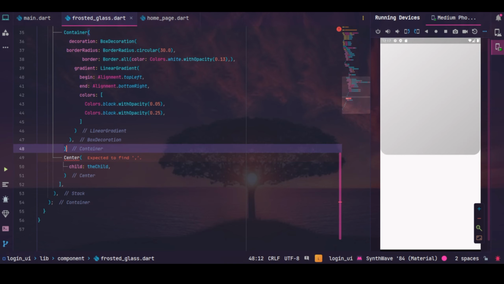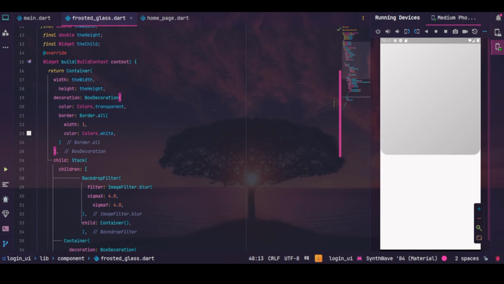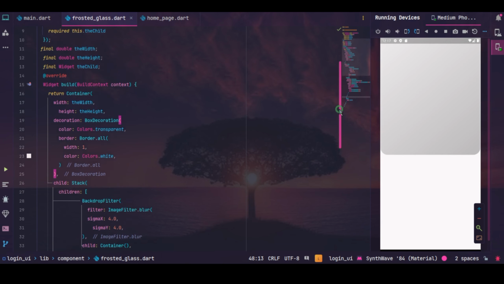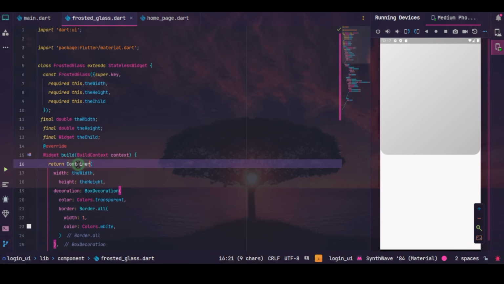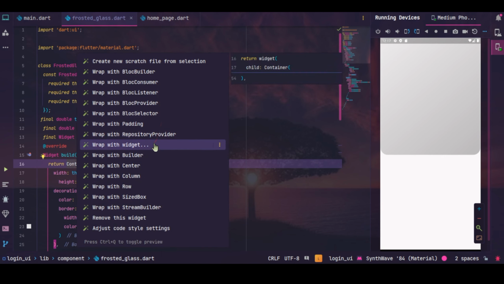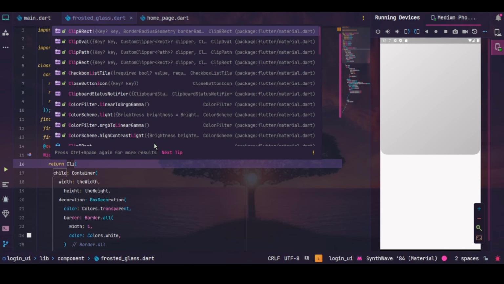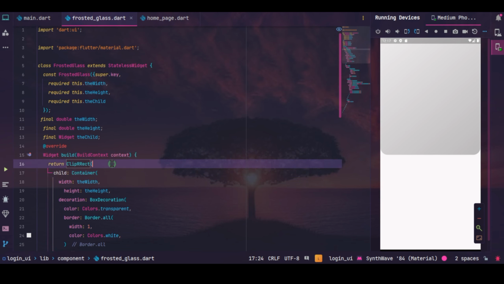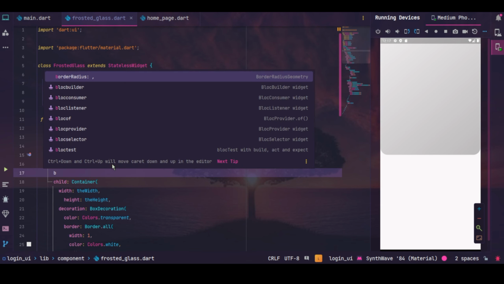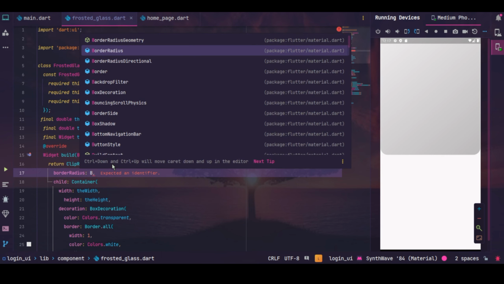So let's restart the app and wrap this container with a widget, a ClipRRect, and let me return a border radius, BorderRadius.circular(30.0),